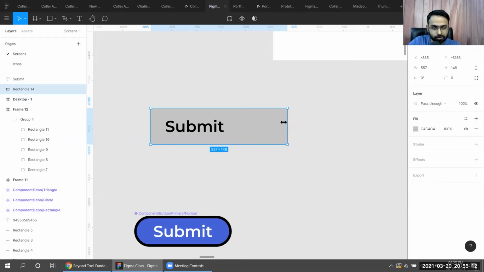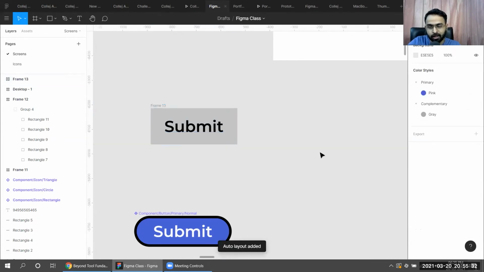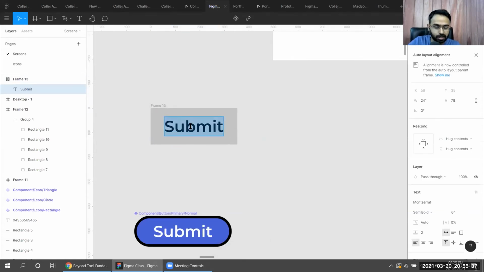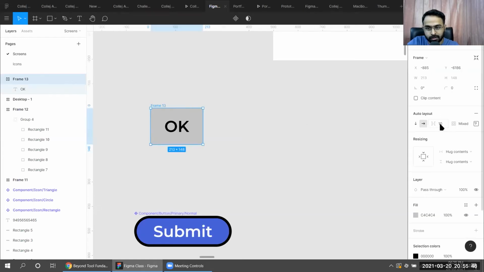I had to reduce the size of it to make sure that the spacing between left and right is okay, right? So what you can do is select this guy and click on this auto layout here. If you click it, it makes it automatic for you. So tomorrow, if you want to change the text and say just okay, it is doing the work for you. It is adjusting the width for you. And you can see all the rules that are there. So when it says 10,